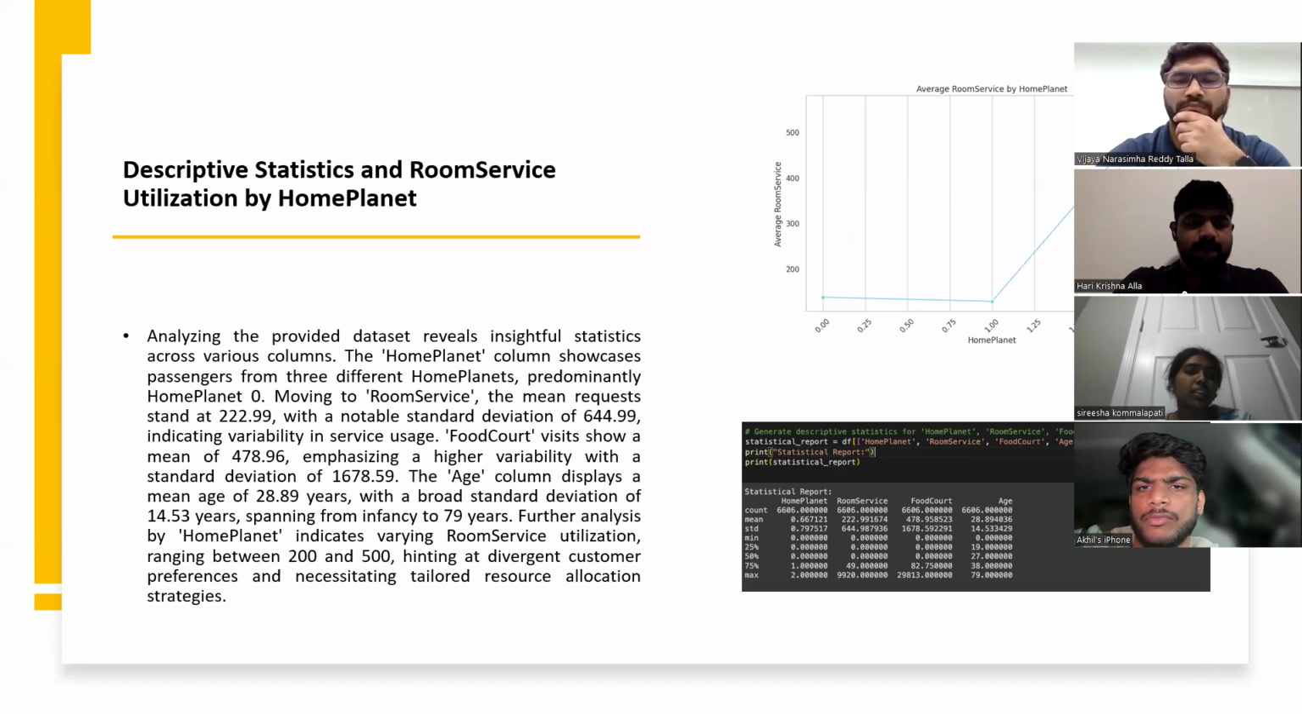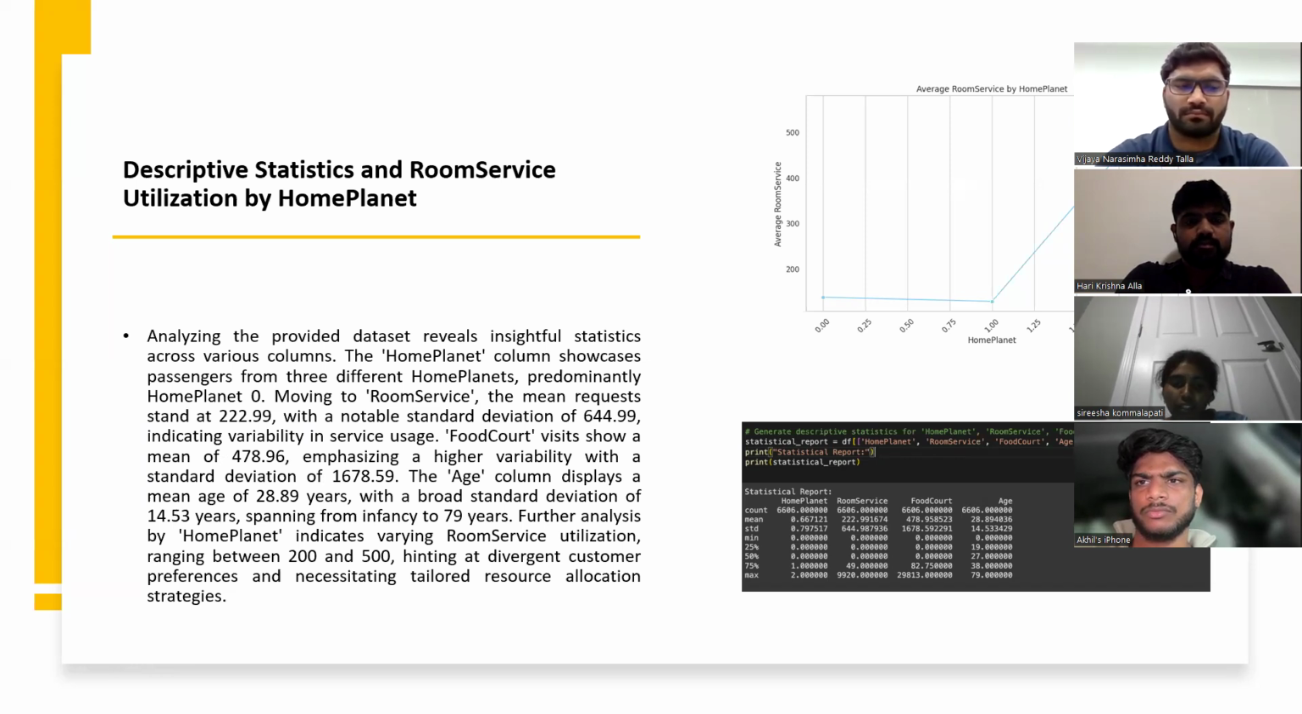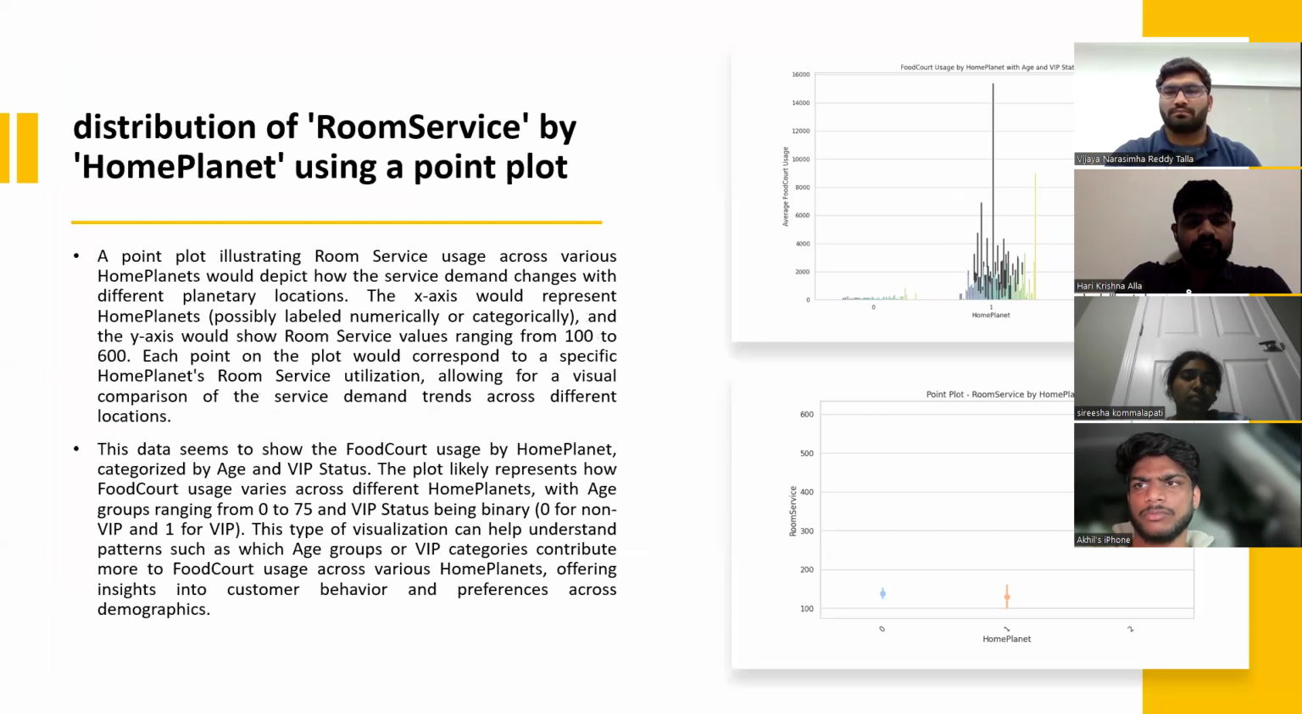descriptive statistics and room service utilization by home planet. The home planet column shows us the passengers are from three different home planets, predominantly home planet 0. Here further analysis by home planet indicates varying room service utilization, ranging between 200 to 500, hinting at divergent customer preferences and necessitating tailored resource allocation strategies. Here we see the graph and the result over here. And the next slide is,